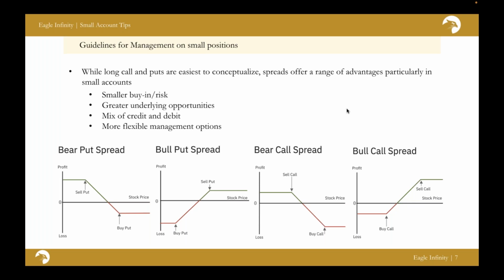For spreads, however, you can just be mildly bearish and trade an at the money bear put spread, or mildly bullish and trade an at the money bull call spread. Or you could be neutral to bearish and trade a bear call spread, or you could be neutral to bullish and trade a bull put spread. It's also worth noting bear put spread is synonymous with short put spread or credit put spread, and bull put spread is synonymous with long put spread or debit put spread. And these are also called vertical spreads.